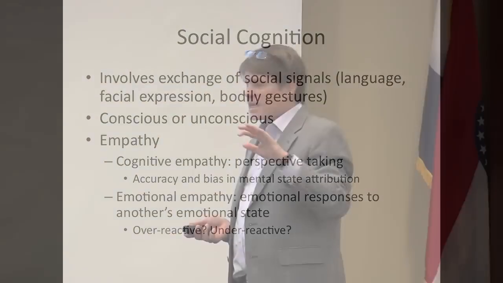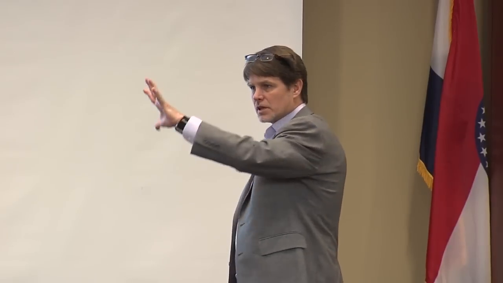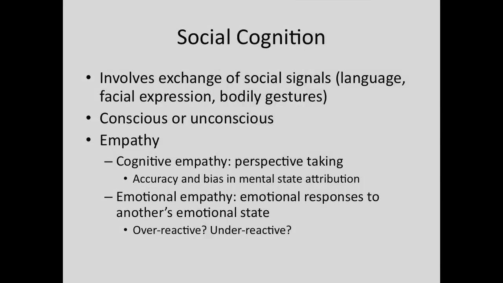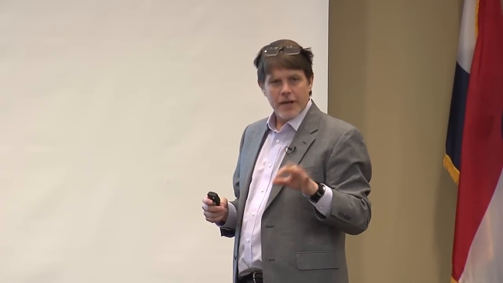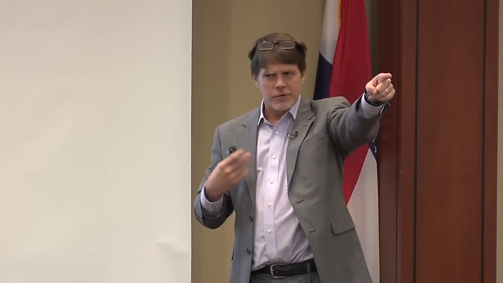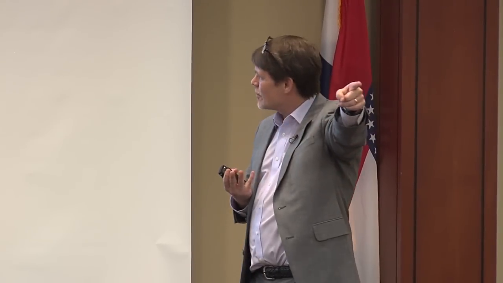There seems to be a big focus on the construct of empathy, because that covers a lot of the landscape of social cognition. Specifically, this is broken down by some into cognitive empathy and emotional empathy. Cognitive empathy really amounts to perspective taking. So are you able to report what the other person is thinking, what their intentions are, and so forth? When we study this, we look for accuracy or bias in making some attribution to another's mental state. So you can imagine, if you're not able to do that well, that could be problematic for you.